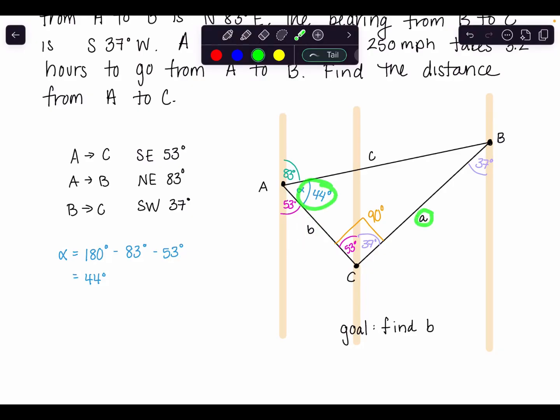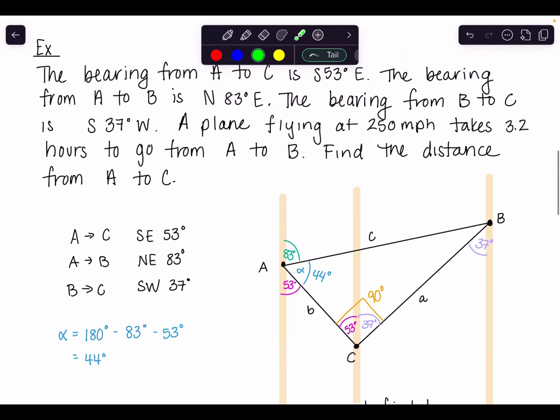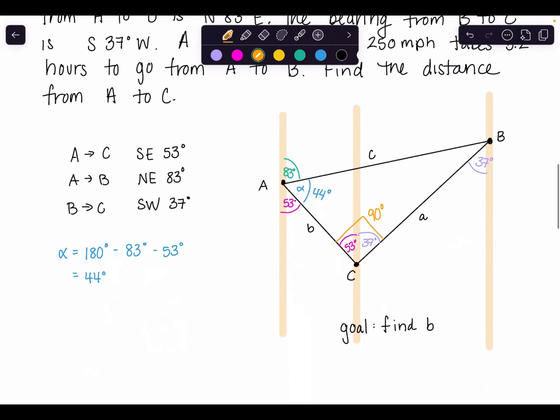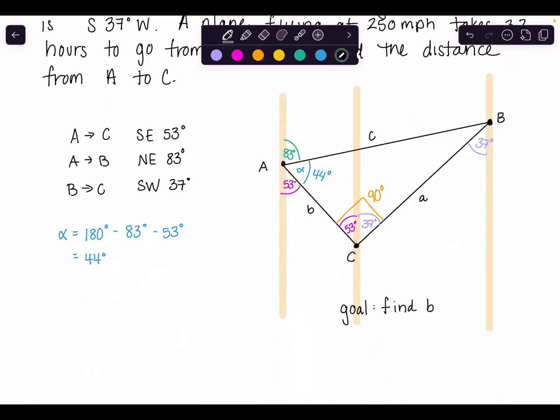So if I want to find side C or side B, I know this angle. I need one of these sides to be able to use my trig functions, okay? Well, there's a piece of information we haven't used yet. A plane flew 250 miles per hour from A to B, and it took them 3.2 hours to get there. So we can actually utilize that to find the hypotenuse, okay? So we can find side C